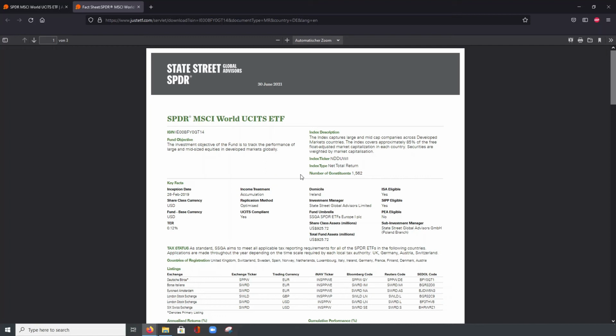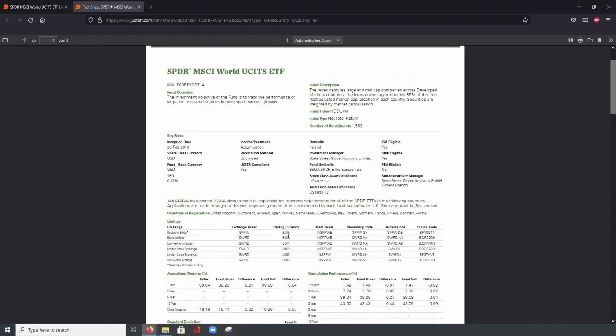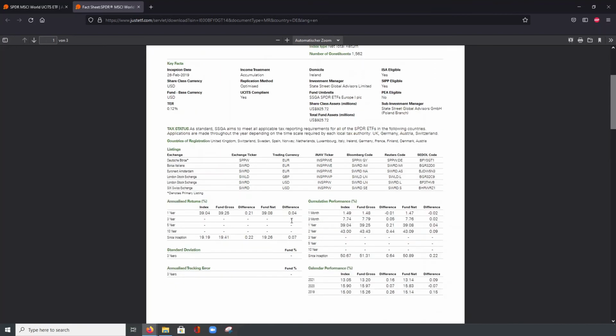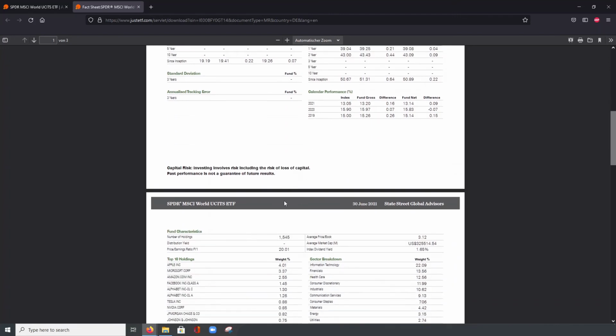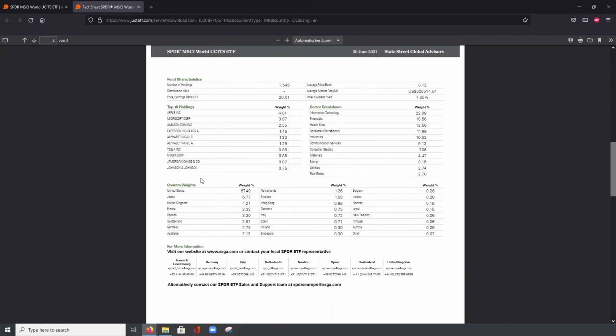So you should always read through the whole fact sheet and, for example, compare the TER, so the annual cost of this ETF, to the information which is provided on justETF. So here in this example, the fact sheet shows a TER of 0.12%, which is also matching with the information provided at the website of justETF. What you also have here is like a short description at the top, and further down on this page some performance data. When we go to the second page, here you find something like a breakdown of the different companies